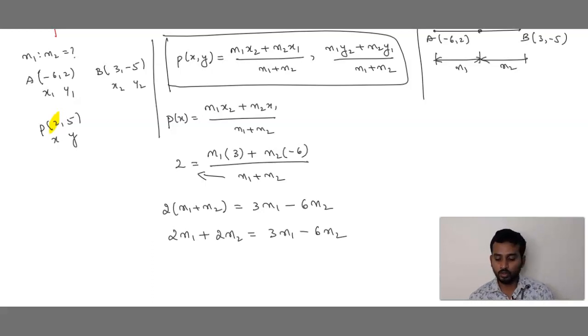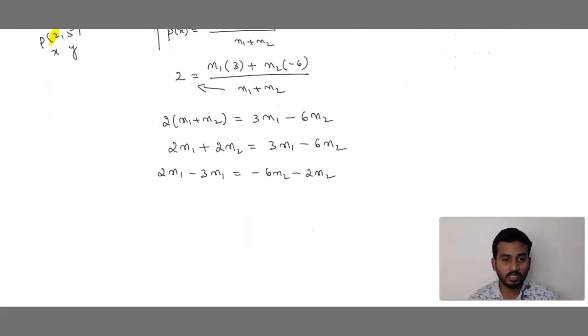Okay. Now what we do, we take m1 terms one side and m2 terms another side. So what we can do here now, 2m1, plus 3m1 come this side, minus 3m1, is equal to minus 6m2, plus 2m2 come this side, minus 2m2, minus 2m2. Can we subtract 3? No. Minus 3 minus 2, 1m1, is equal to minus 6 minus 2, minus 8. If both are minus we should add. Minus 6 minus 2 is minus 8 m2. Now this minus and this minus get cancelled. Both the side minus minus get cancelled.